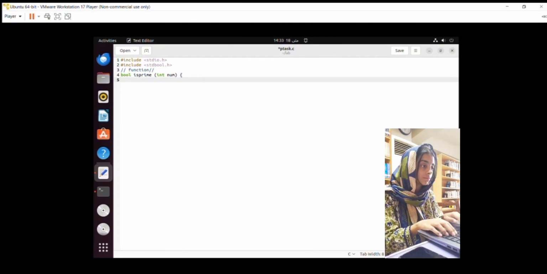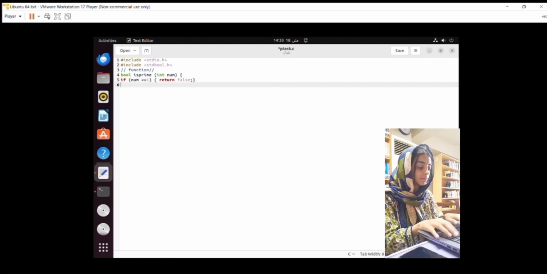For int i = 2, i less than or equal to number divided by 2, i plus plus, a loop to check for factors of number. It iterates from 2 to number divided by 2. If any number in this range divides number evenly, then number is not prime and the function returns false. If no divisors are found, the function returns true, indicating that the number is prime. So this is how our is_prime function will work.